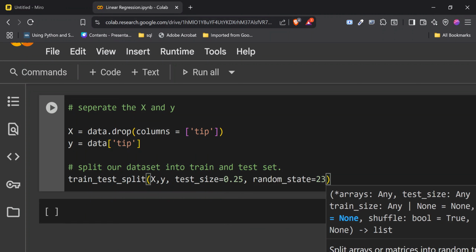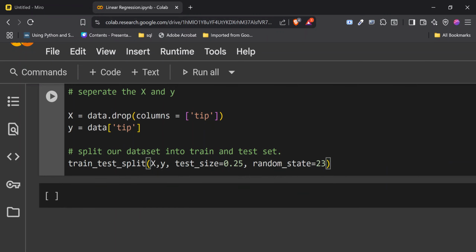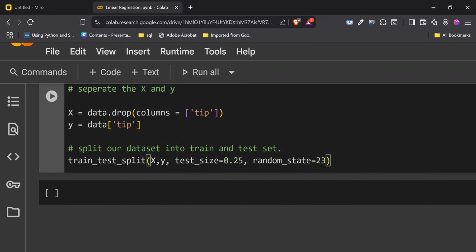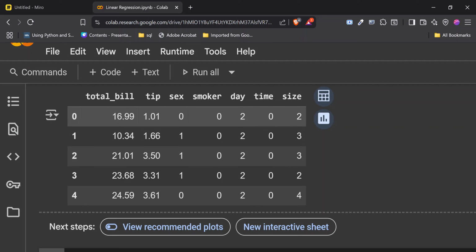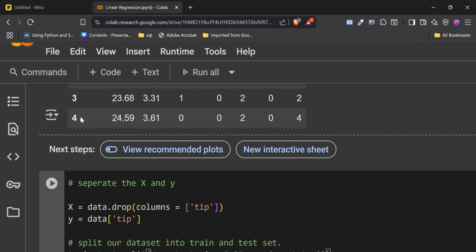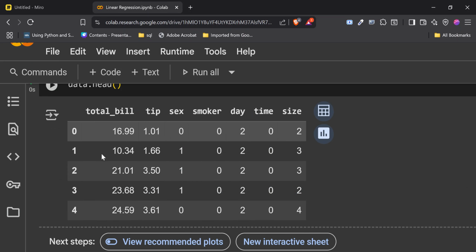So what does random state do? Random state is our way for labeling a particular random operation. What does that mean? The way the train test split is going to split this data, it is not going to take the first 75% as train, then the last 25% as test. It is going to randomly select. It can actually select 0 into the train, put 1 into the test.